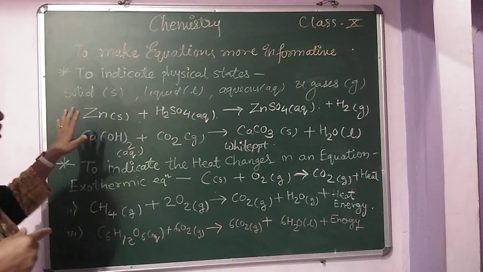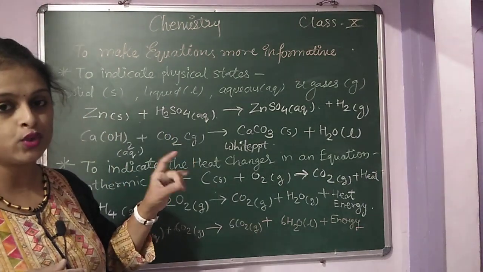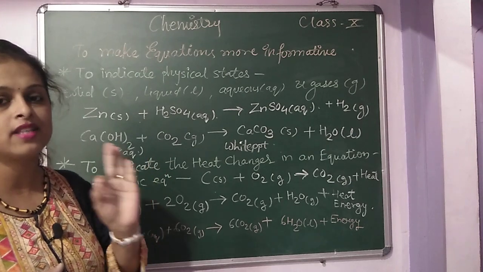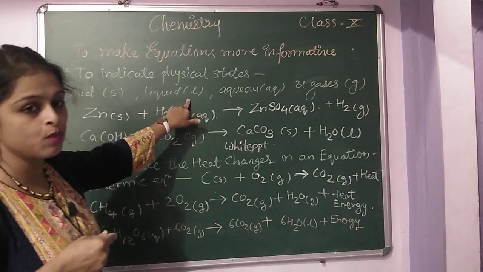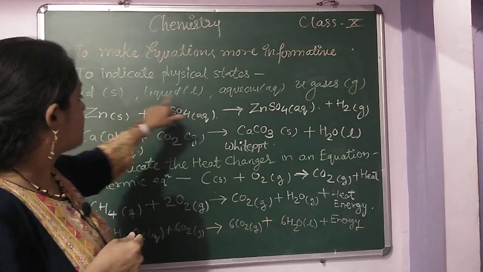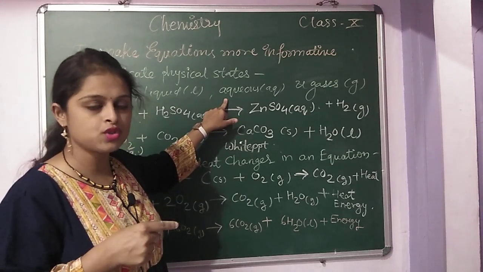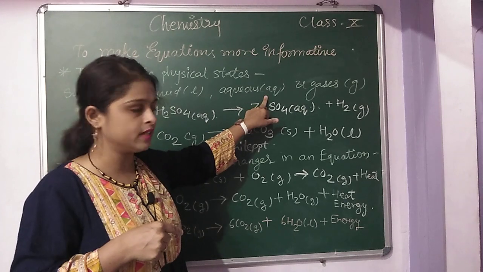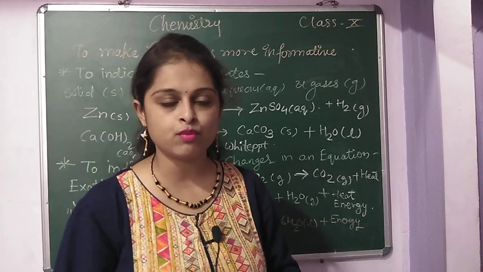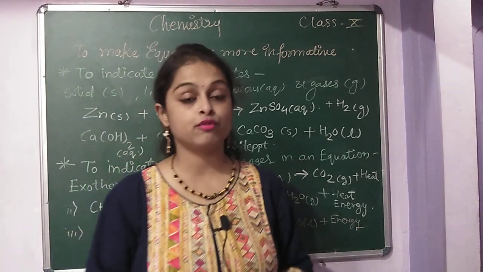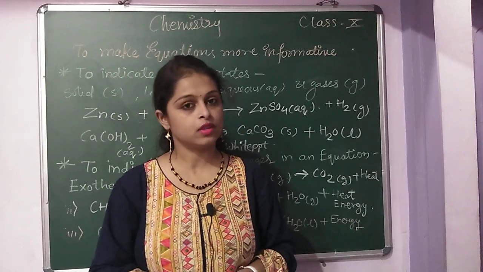Now see, when we were writing the equations, in the beginning of the acid and base chapter only, I told you how to write solid, gas, liquid, aqueous and all. So for solid we write small s, for liquid small l, and aqueous means when it is soluble in water, that solution is called aqueous. So aq we write in small letters, and gas g, all these we write in small letters itself only. Don't try to write in capital letters, though you are in a hurry, you have to make the practice to write in small letters.